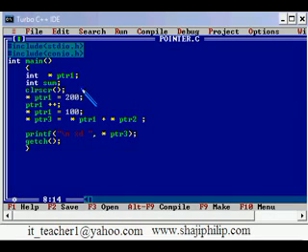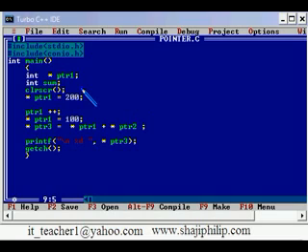Here I am going to assign sum equal to star ptr1. So the value in the ptr1, that is 200, that is stored in sum,